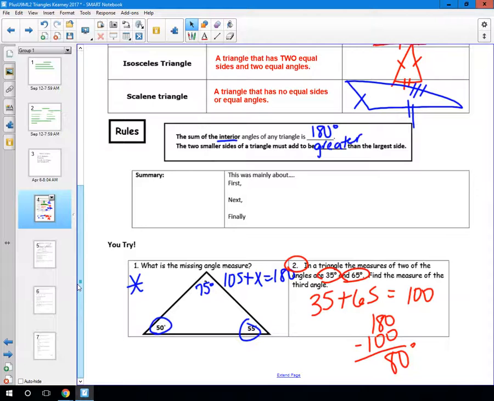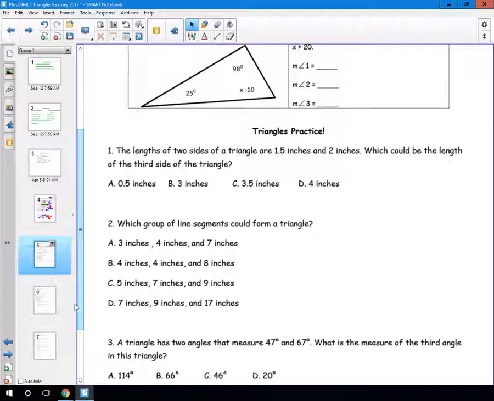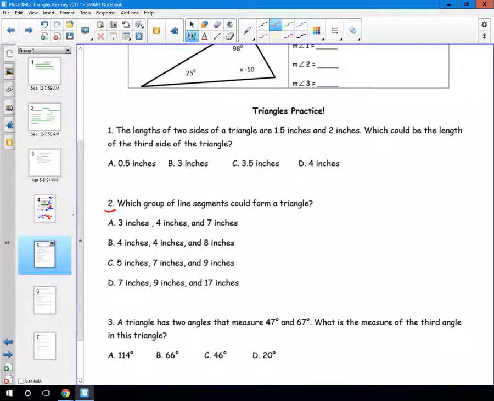Okay, so now let's look at how the sides work. If you will look on the right-hand side of your paper at number 2. Okay, it says which group of line segments could form a triangle. So now we're moving from the angles that measure 180 to now we're talking about the outside of a triangle. So if we look back at our second rule, we know that the two smaller sides of a triangle have to be greater than the longer side. So what I'm going to do is go through all of these and see which one works,